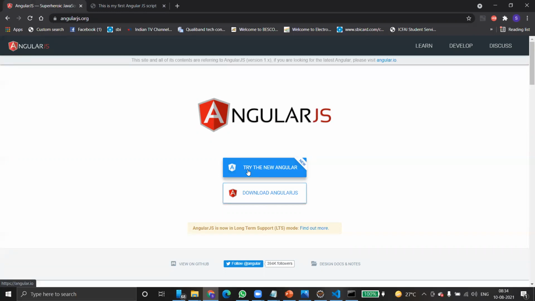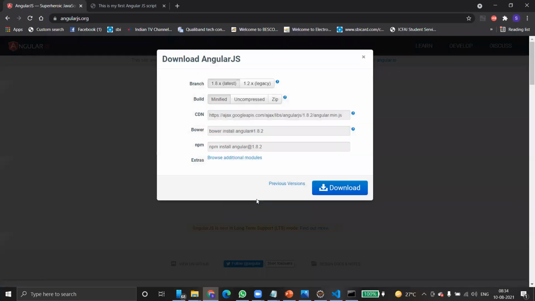Okay, sir. So try to download the second one. Download AngularJS and then copy the CDN. There are multiple ways to use it, and we can directly host the files locally. If you want to host the files locally, you can go to the zip, copy the zip file directly and extract the files, then copy the path of the min.js file in your HTML code.